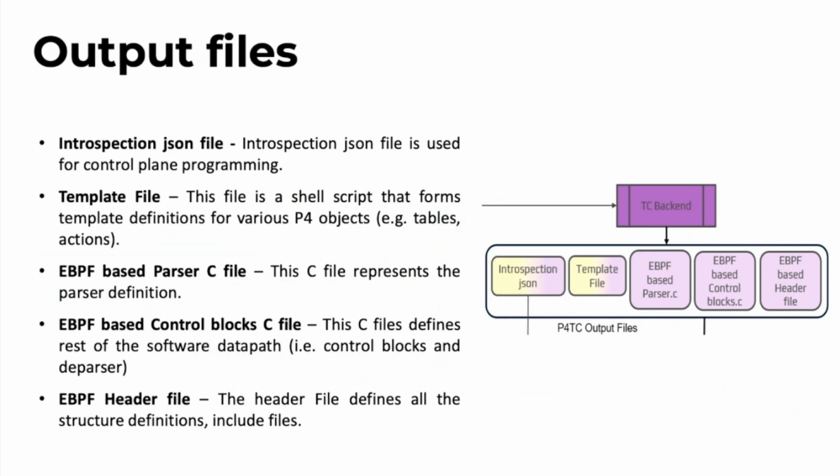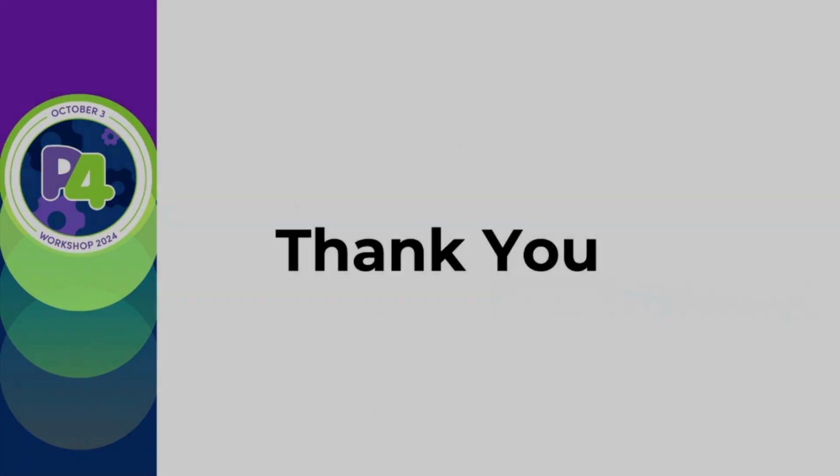These are some of the output files that are generated, and I think Neha already touched on this. There is the JSON file input that we call the introspection file. This is used for programming the control plane. There is a template file that is essentially a shell script and has template definitions for different types of P4 objects, etc. There is an eBPF parser C file and control block C file, and then there is also the eBPF header. These are generated every time the compiler is invoked. So that's all that we